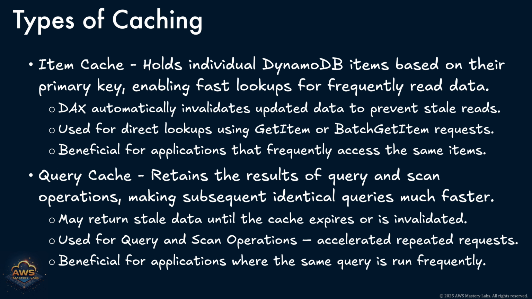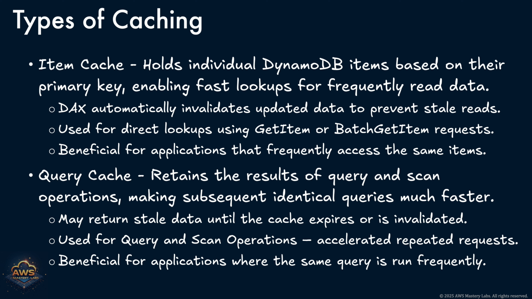DynamoDB Accelerator, DAX, optimizes read performance through two distinct caching mechanisms, the item cache and the query cache. Each serves a unique purpose in reducing latency and offloading read requests from DynamoDB, helping applications achieve faster response times. The item cache is designed for storing individual items, making it ideal for operations that retrieve data using a primary key lookup. When applications use getItem or batch getItem requests, DAX checks the item cache first before querying DynamoDB, significantly